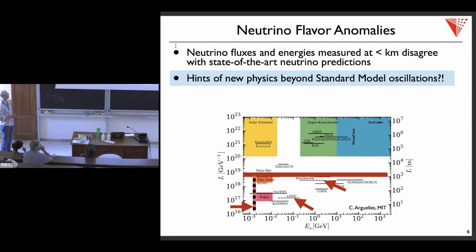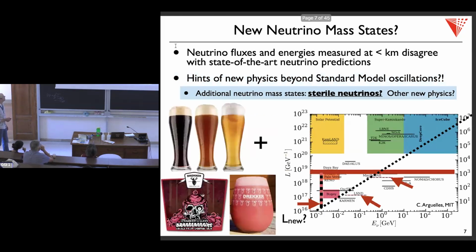Whenever you see a flavor anomaly, you say, ooh, yay, maybe that's hints for some new BSM physics. One thing you could do is draw a new diagonal line, apart from the diagonal lines higher up here and up here. In order to do that, you need a new mass splitting. So that new mass splitting, okay, maybe it's not your three flavors of neutrinos. Smoothie, sour beer flavor. And that's your sterile neutrino line.